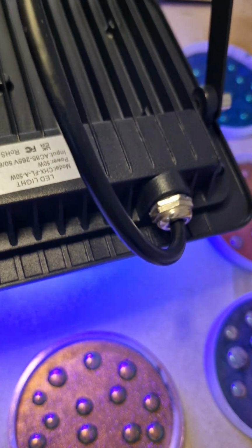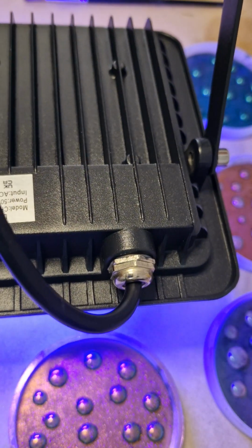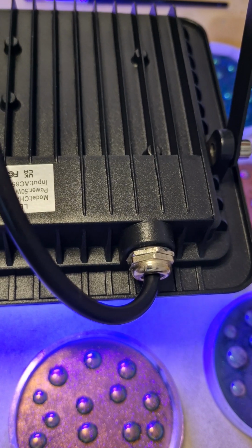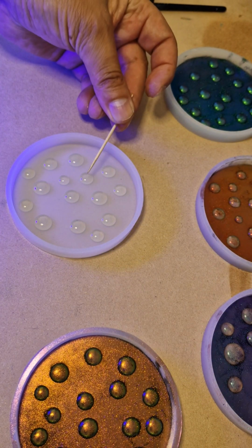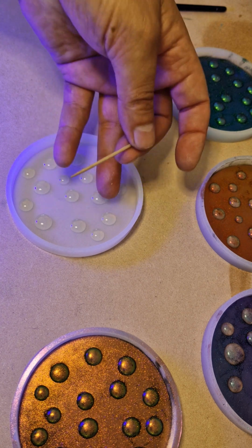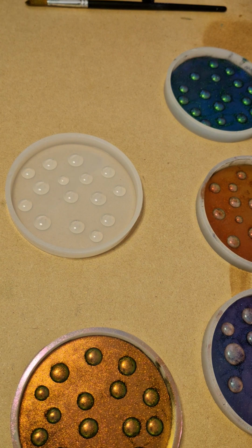So if you've worked with UV resin, you know to not cure it fully, and then you can do what I've done here. I've got here probably 20 seconds now. I can take this off and just get my toothpick and test it. If it's hardish, it's fine. If it's still tacking to my nail, then that's where you stop, and then you just